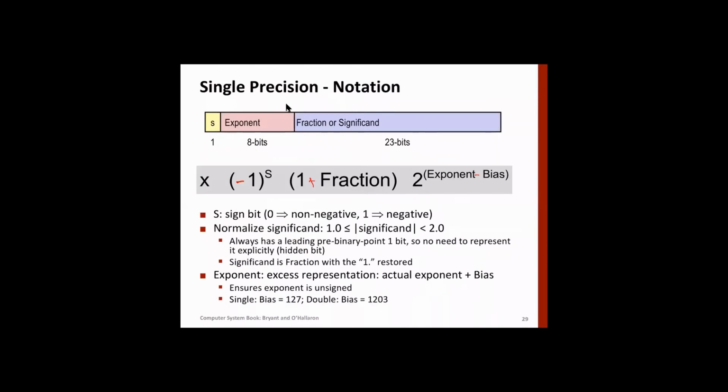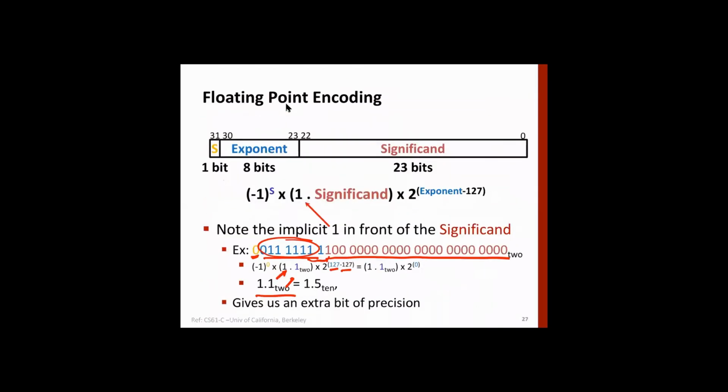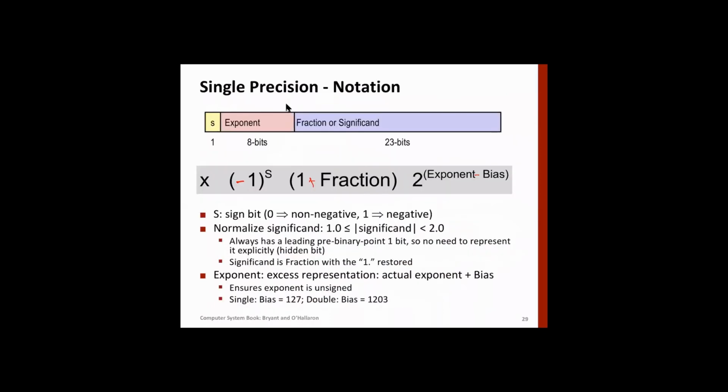So far we have discussed only the normal, normalized case, where we have noticed a few things: there is a 1 here, and the exponent can't be 0. It is always positive.